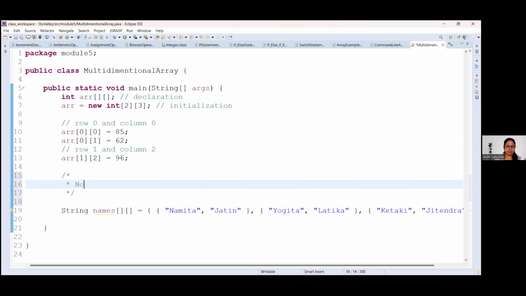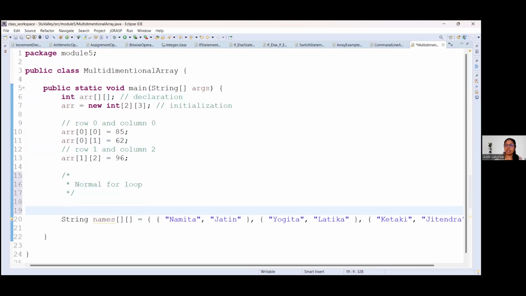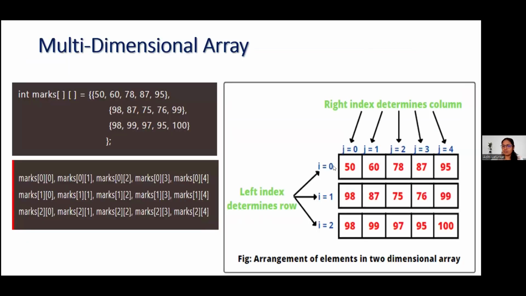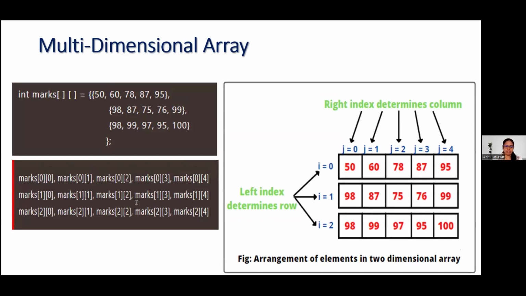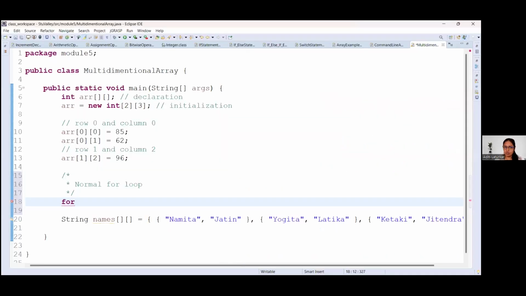Okay. Normal for loop. As I said, you need 2 iterations because the data is stored into rows and columns, right? So you need to retrieve the iteration value with the help of row and column number indexes. Okay, that's why we need 2 variables and 2 loops to iterate over it. That is known as nested loops. Okay, so we will use integer